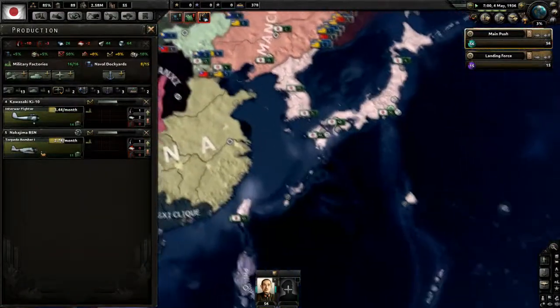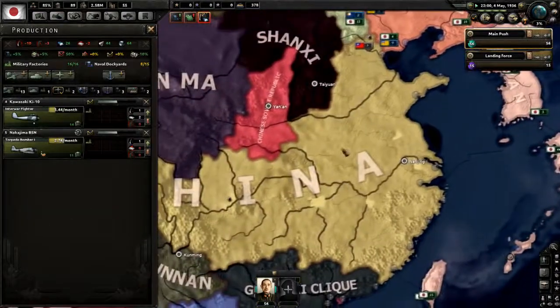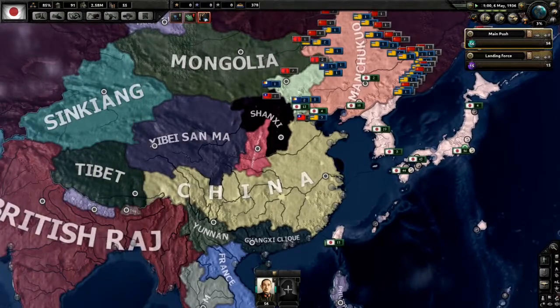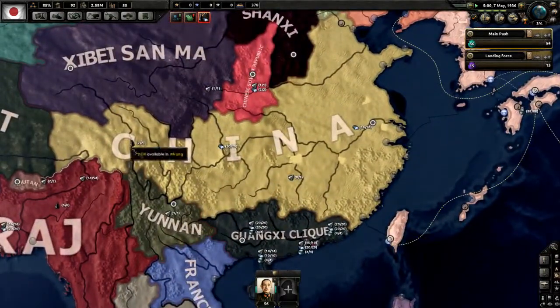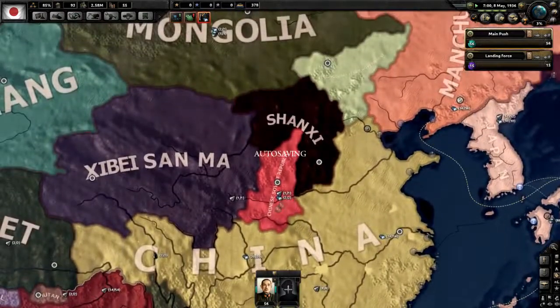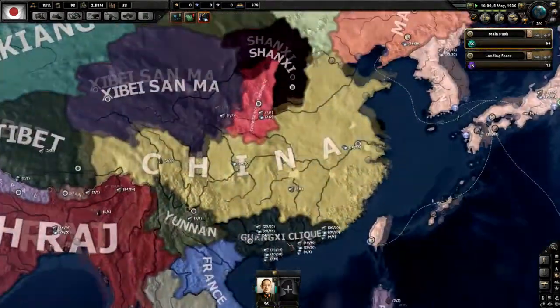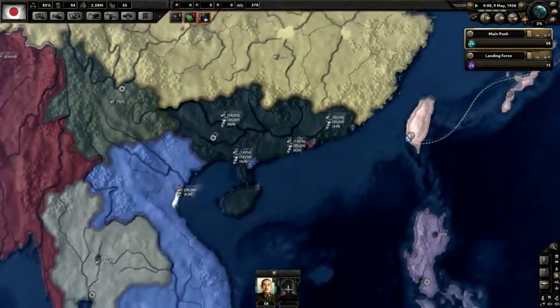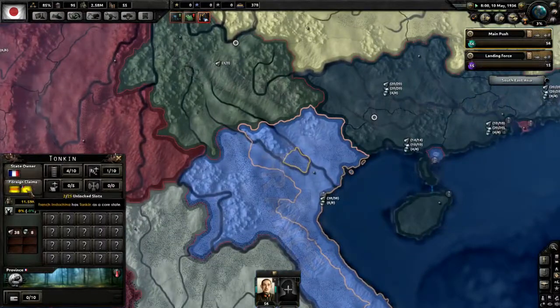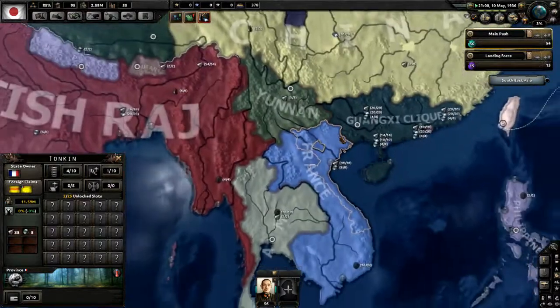I'm not going to let the Chinese have a puppet state in here, simply because they've got a lot of resources, especially down south and around here. We need all of the metal that we can get, and when the time comes, I'm going to be invading